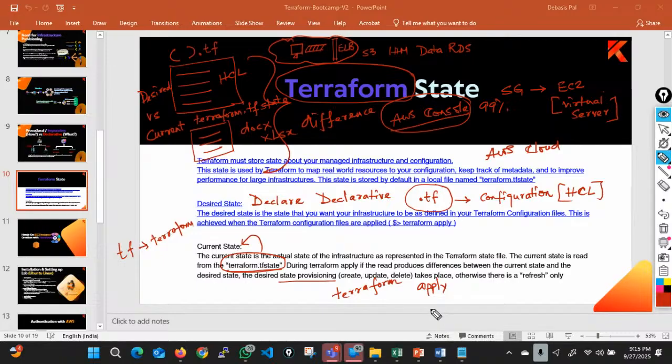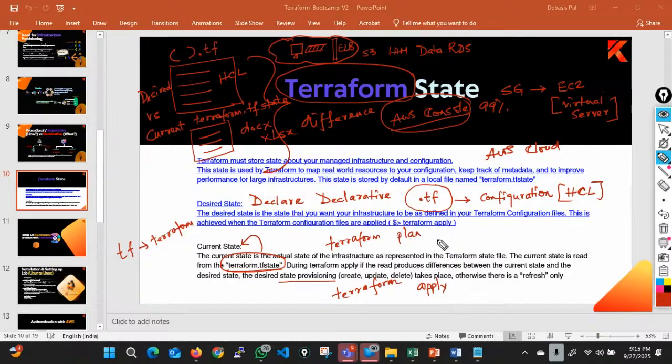So you are applying a plan. Initially, you have checked a plan with the command terraform plan. We will do all these things today. If the plan is up to your desire, then you go and apply it. Once you apply, your infrastructure will physically be created. With the plan, you do not create any infrastructure. You just check. It is like a blueprint